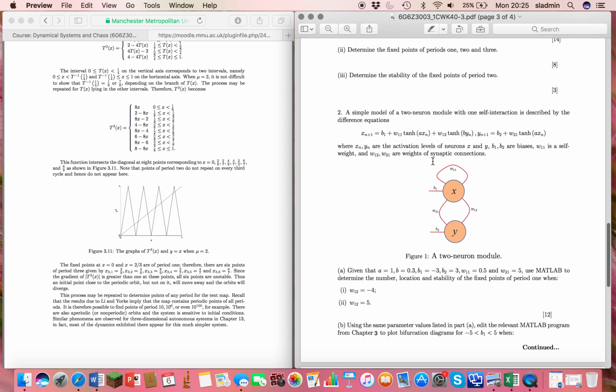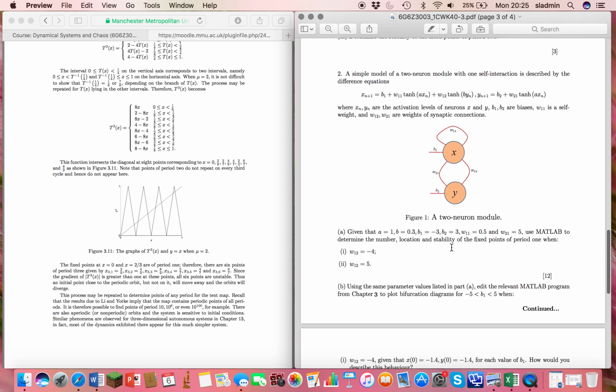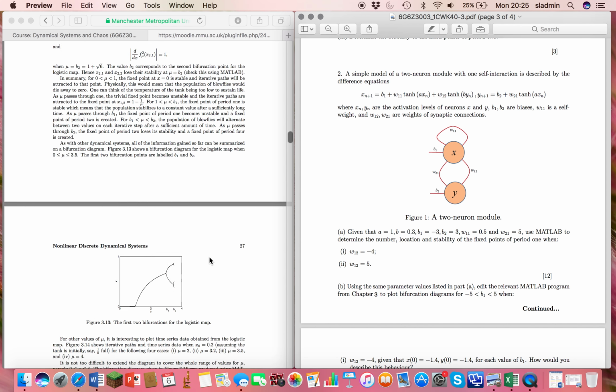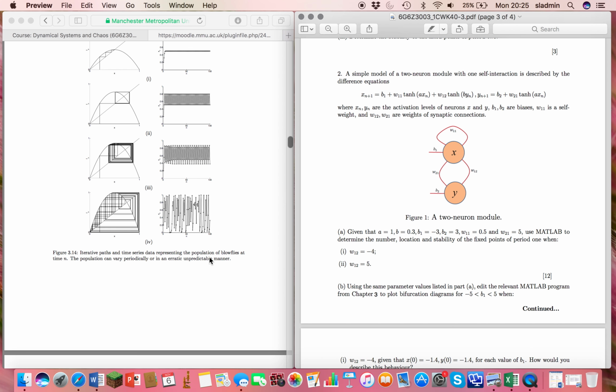For question number 2, we have a simple 2-neuron module with one self interaction here. So we have a 2-dimensional map. We have to determine the number, location and stability of fixed points of period 1. Again, there are similar examples to this. For example,